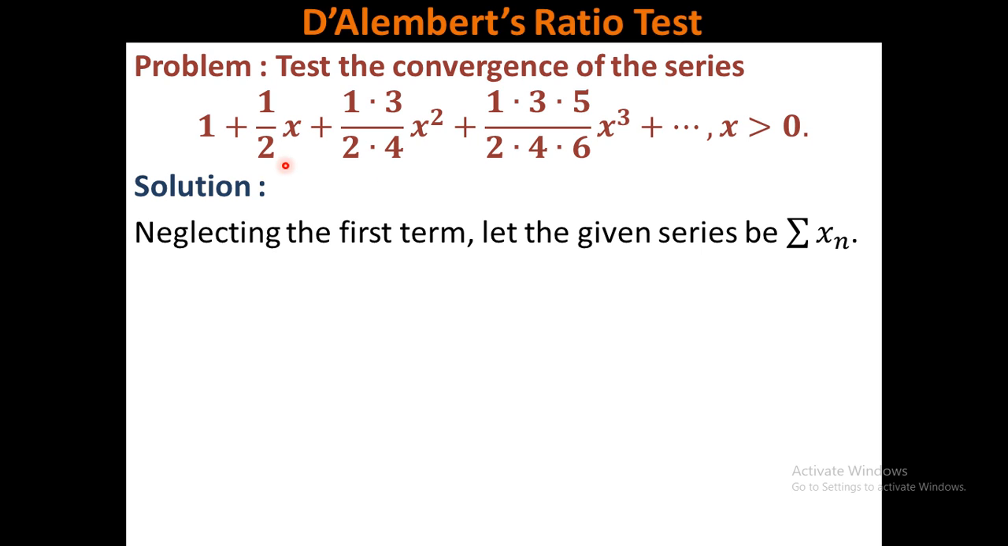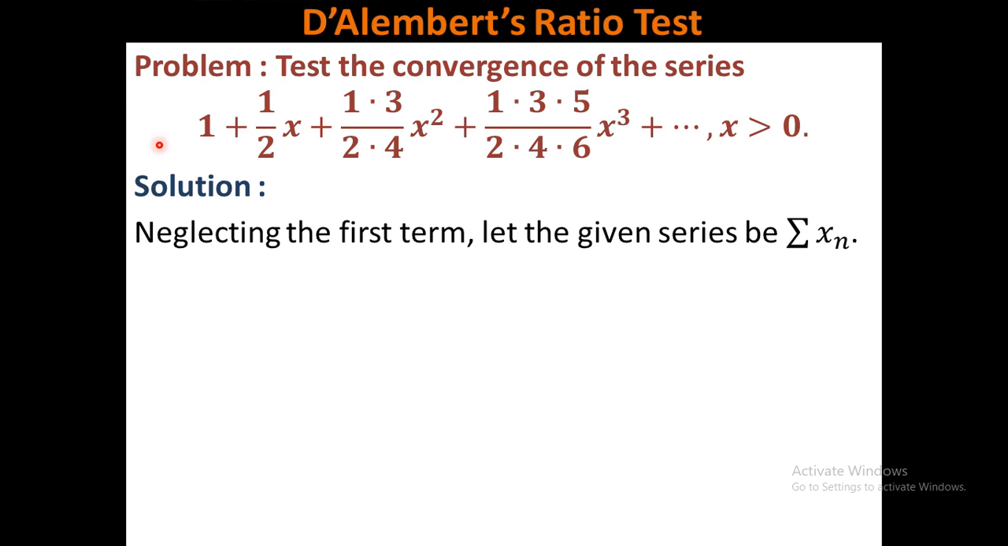That means if it is convergent, suppose the total value of the series is 100. If you neglect 1, the value will be 100 minus 1, that is 99. If it is a divergent series and you discard 1 from the series, there is no effect on it, that is, it remains divergent. Okay. So here I can neglect the first term. However, after neglecting,